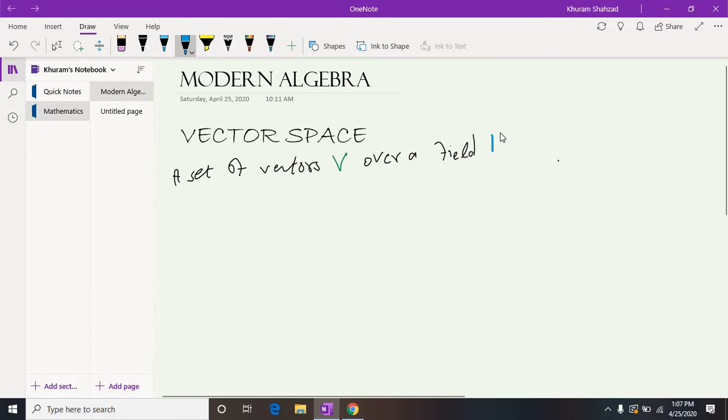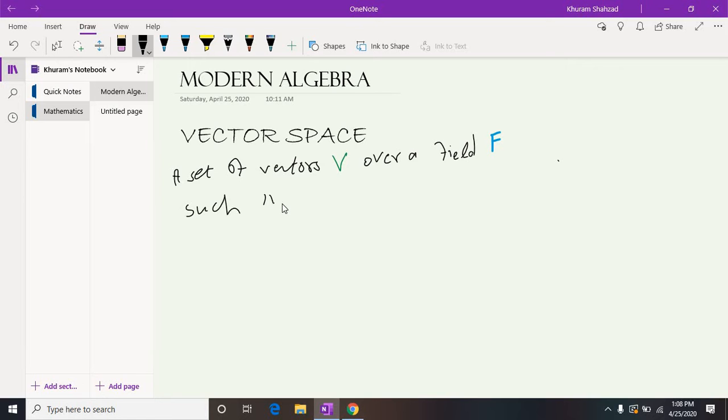So I don't have to discuss that again, although I'm going to name it as F, and a set of vectors over a field F. And obviously not every set of vectors can be regarded as a vector space. Certainly there are some properties, and those properties are actually 9 properties,